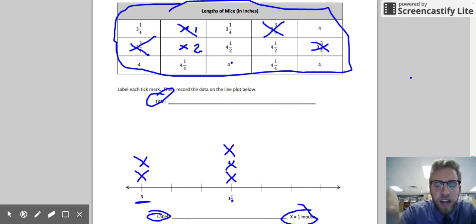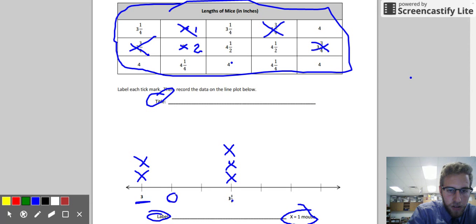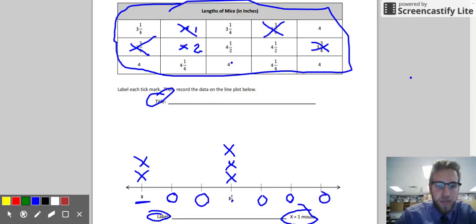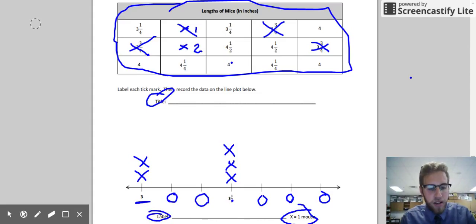Okay, so we've got a lot of our numbers out of the way already. What we have to do is finish labeling our line plot. So we need a number that's going to go here. We need a number that needs to go here, here, here, and here, since it only gave us a couple numbers so far. So going over to my drawing pad,